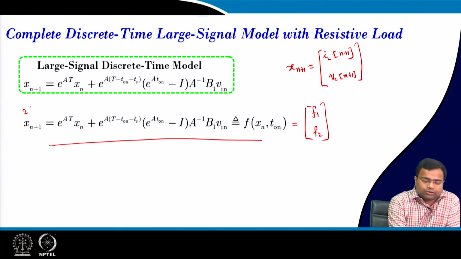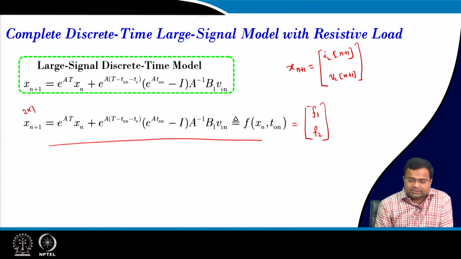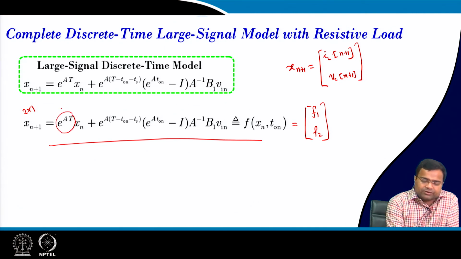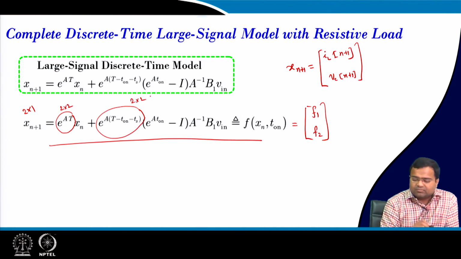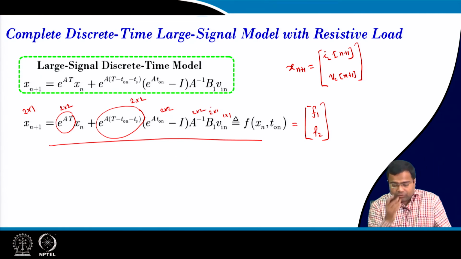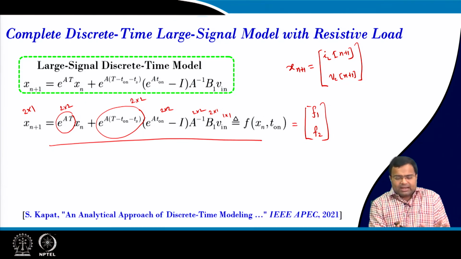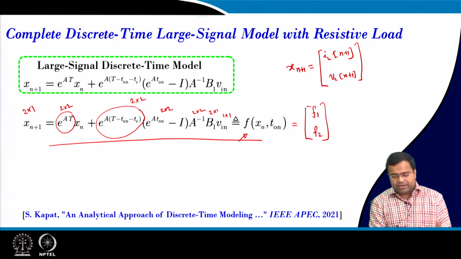So, this will be a 2 cross 1 matrix, because there are only 2 states, and you will find this matrix will be 2 cross 2, again this will be a 2 cross 2 matrix, and B matrix is 2 cross 1, input is 1 cross 1, and this whole term again 2 cross 2, this will also be 2 cross 2. So, we will use this vector function to derive the discrete time small signal model in a subsequent lecture. You will get detail about how this vector function can be used for deriving the discrete time small signal model mathematically, and that can be used for buck, boost, as well as